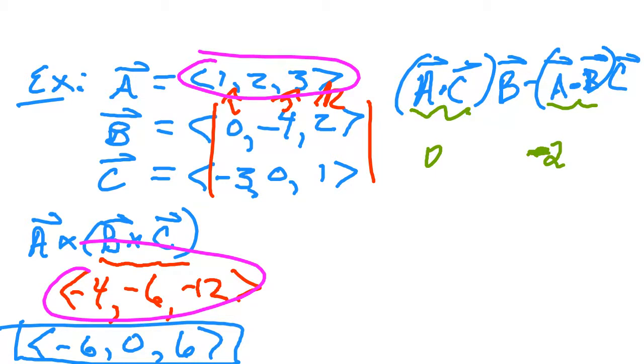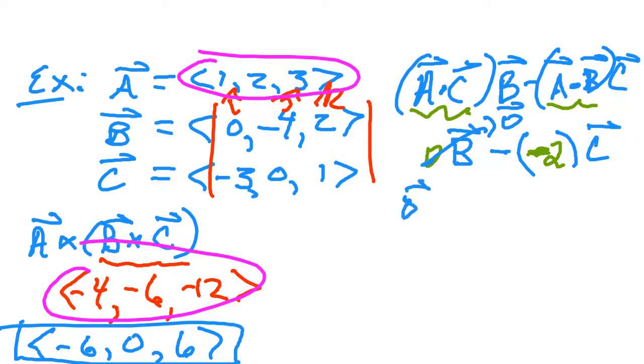So it's 0 times B vector, which is 0, and then minus minus 2 times c vector. Well, this is just going to be 0, right? Actually 0 vector. So it's 0 vector minus, is going to be 0 to each component, and then plus 2